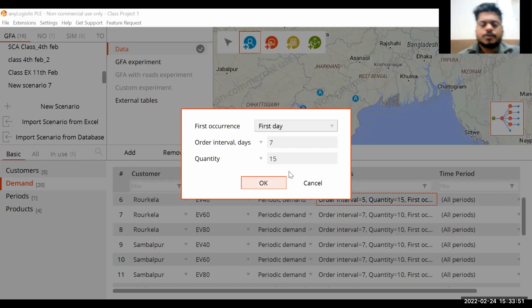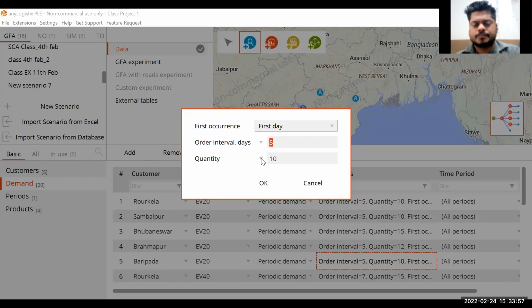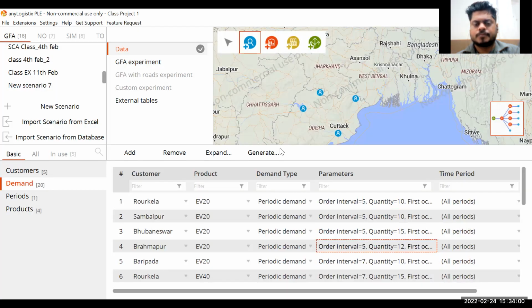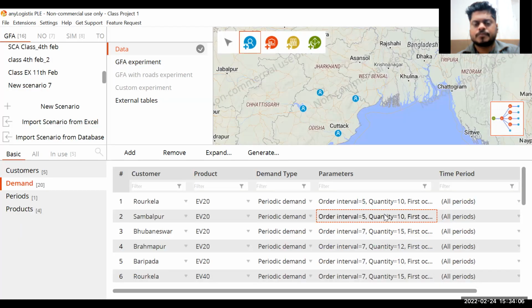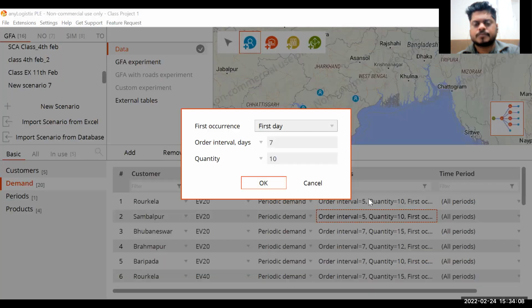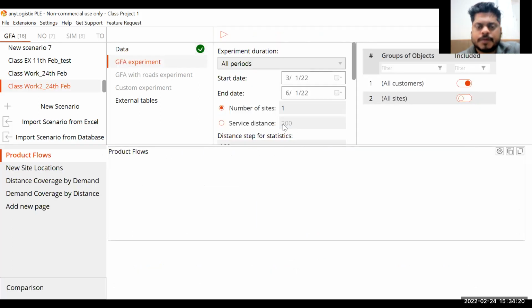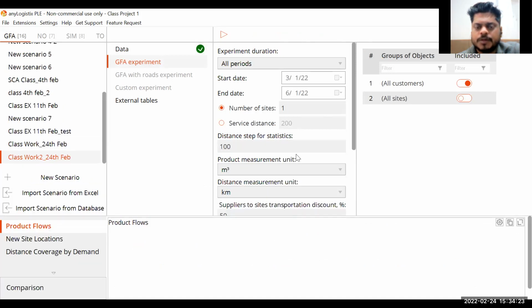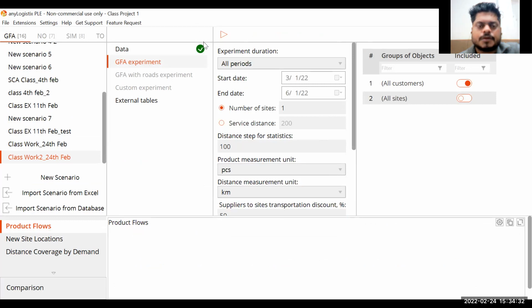Okay. So once I do that, another 5. Once I define that I have 20 demand options, again I'll go and check that my data is correct. If there is an error, it will show here. Then I'll run a GFA experiment. So first I'll start with if I have to put one site, making sure of the product measurement because I have taken this number of pieces, number of units. Okay. And if I run it,